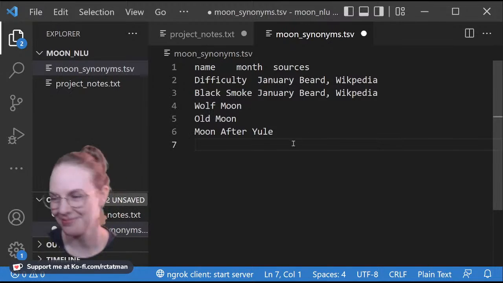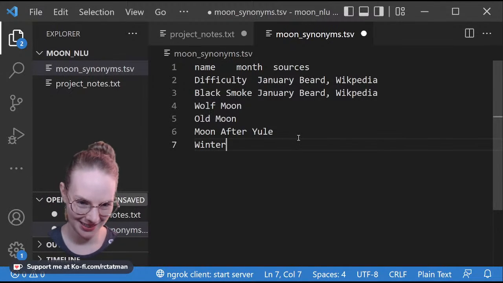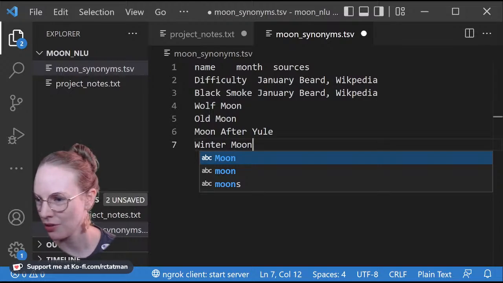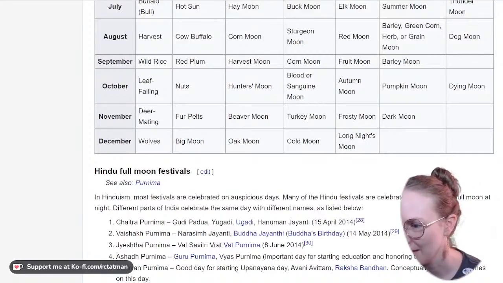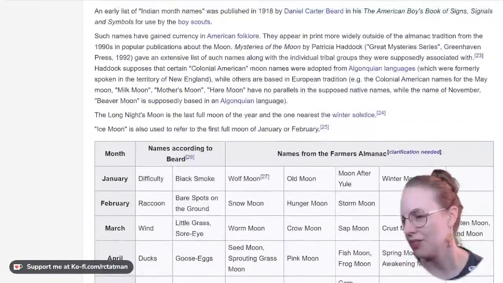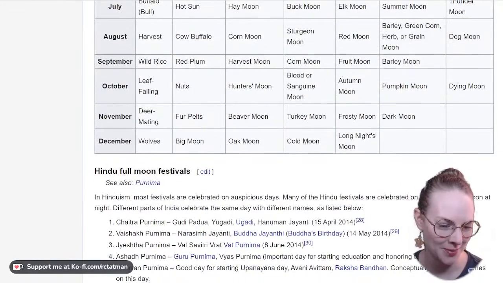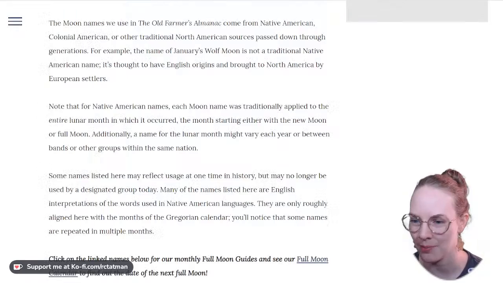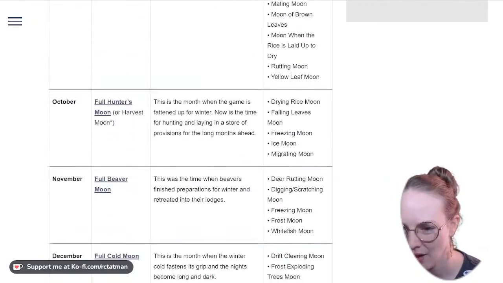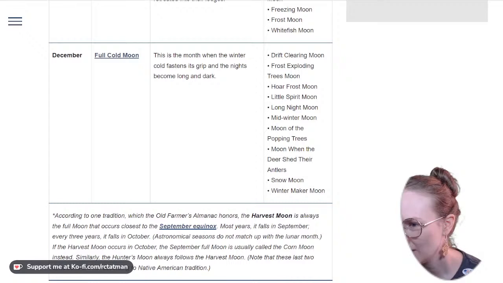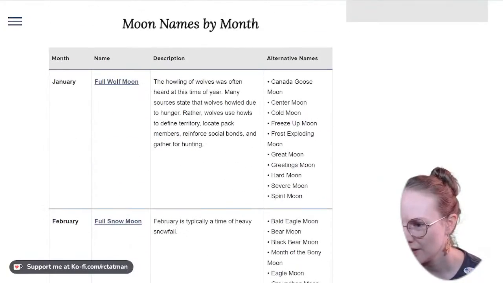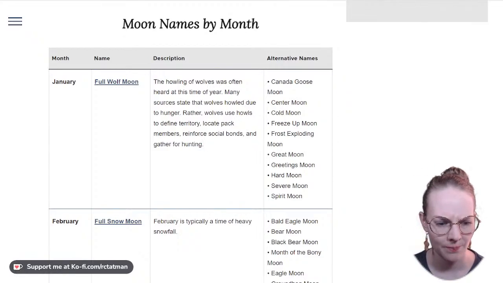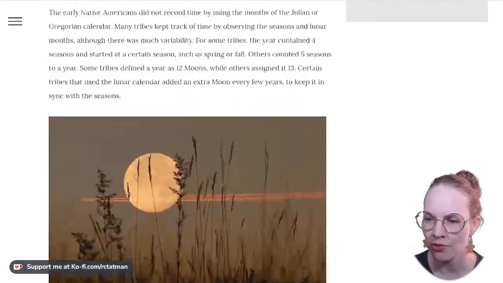I don't know if that's true of all of these. Oh, okay, I'm going to look back at this, but if we look at this December, in this table, the moon after Yule is not suggested as another potential name. What about the Farmer's Almanac itself? December? Drift, frost, trees, horse, moon, winter, full cold moon. All right, no. January? No. Oh, interesting. So the name that they say comes from the full...